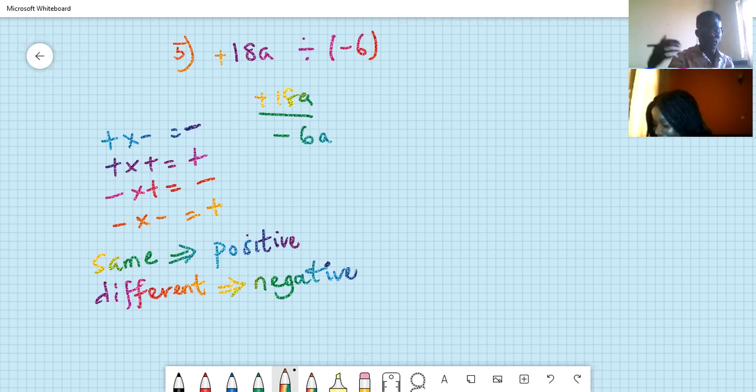So plus times minus. When the signs are the same, you have a positive answer. But when you have different signs, you have a negative. So the same thing is applicable to your division. You have plus and minus here, so your answer is going to be minus. Minus 3. Okay, now you have 6 and 18, right? So 18 divided by 6 is going to give you 3, right? Oh, sorry, I made a mistake here. I added a